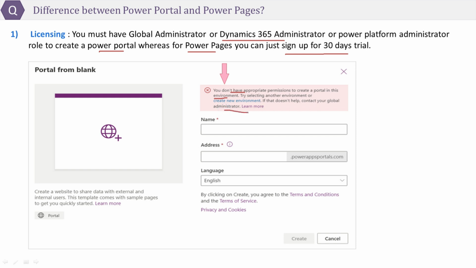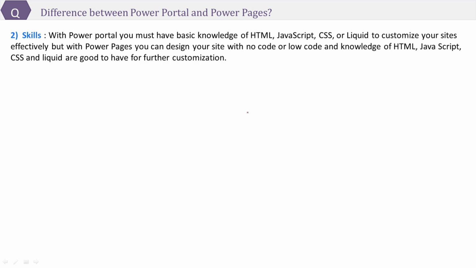The next difference is skills. With Power Portals, you must have basic knowledge of HTML, JavaScript, CSS, or Liquid to customize your site effectively, but with Power Pages, you can design your site with no code or low code, and knowledge of HTML, JavaScript, and CSS is good to have for further customization.